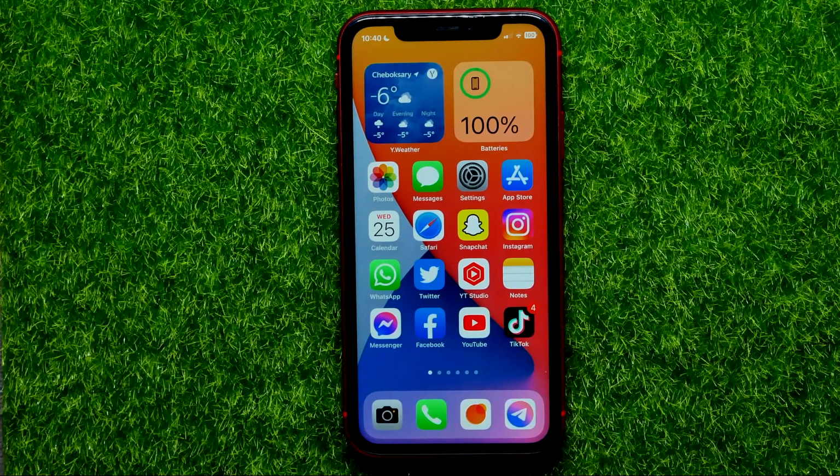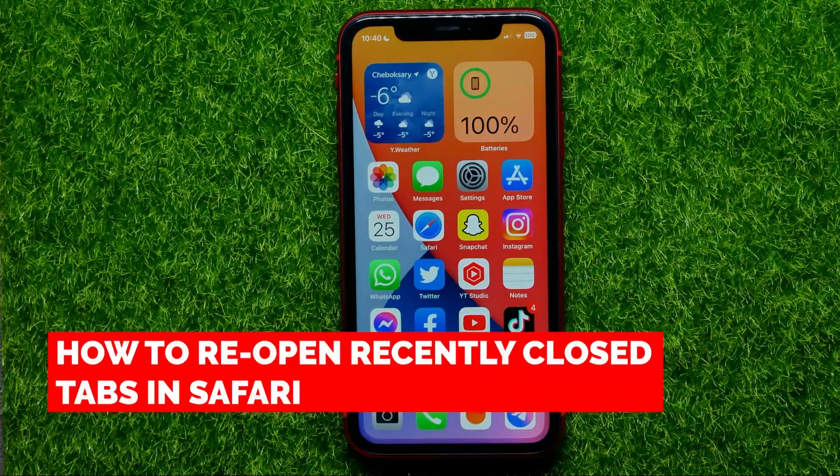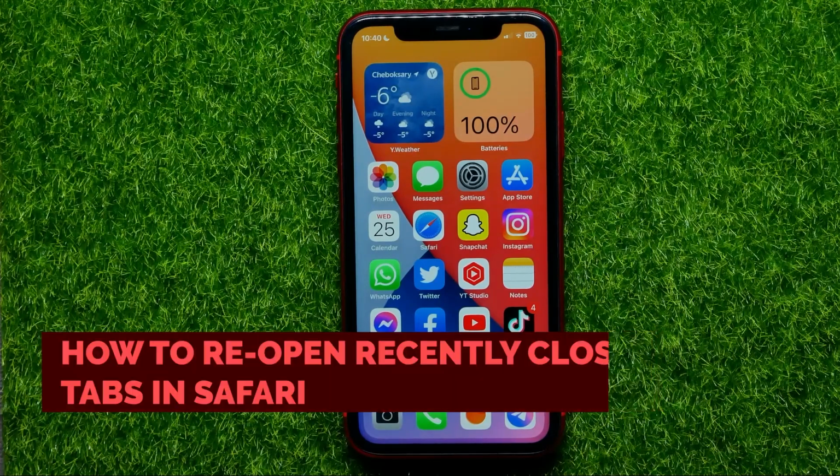Hello guys, welcome back. In this video I'm going to show you how you can easily reopen recently closed tabs